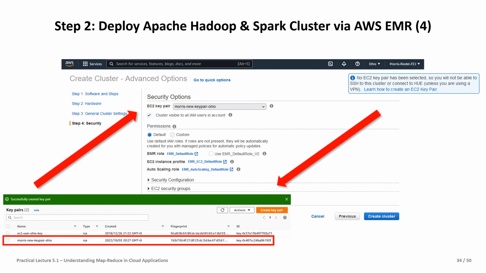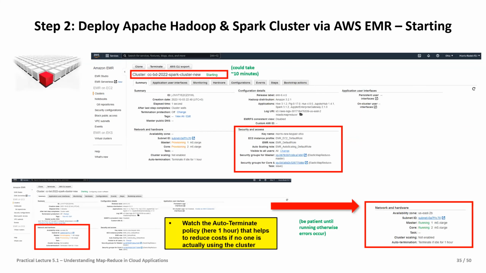And EC2 is just one example. There are, of course, other examples. EMR is something that sits on top of EC2 and also uses this. So once we have done all these configurations, we see nicely